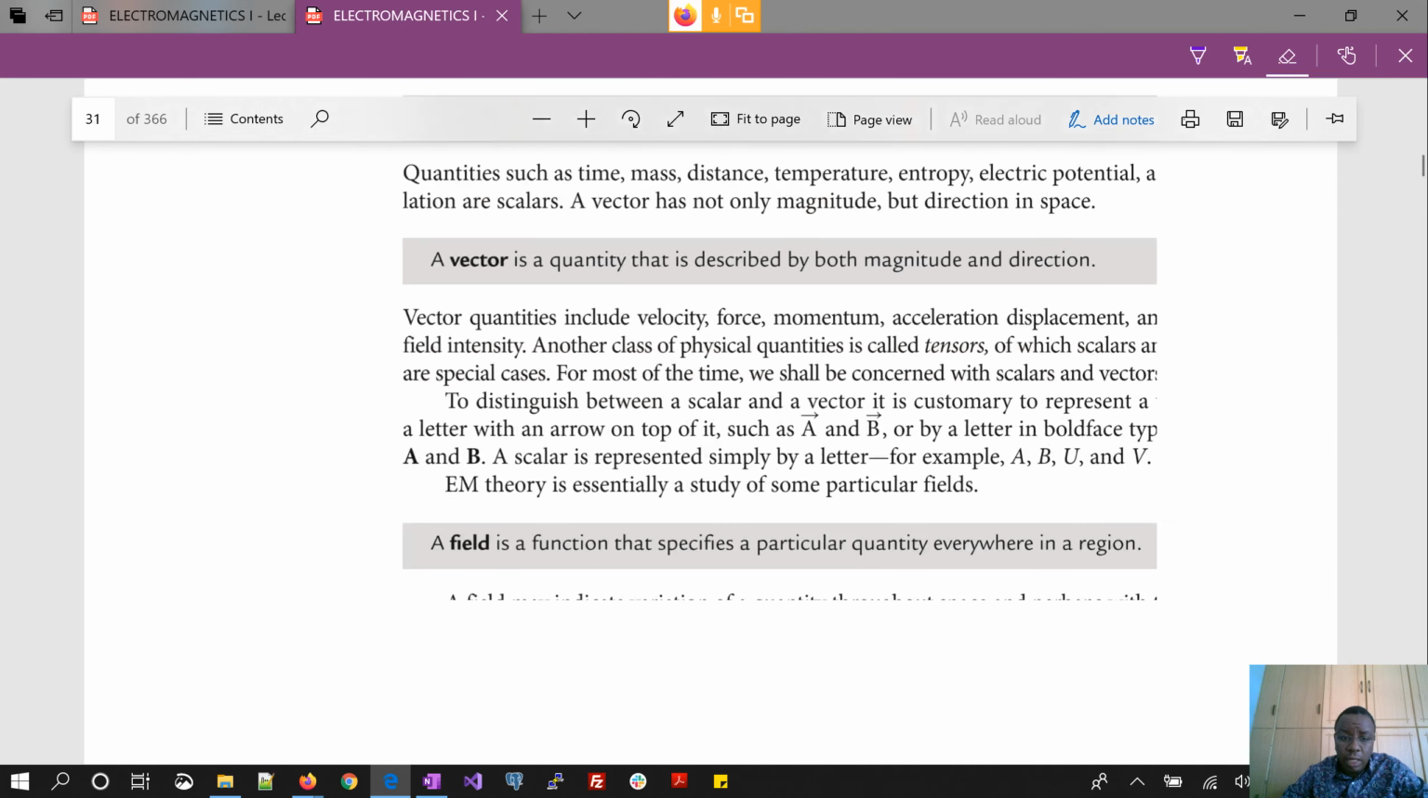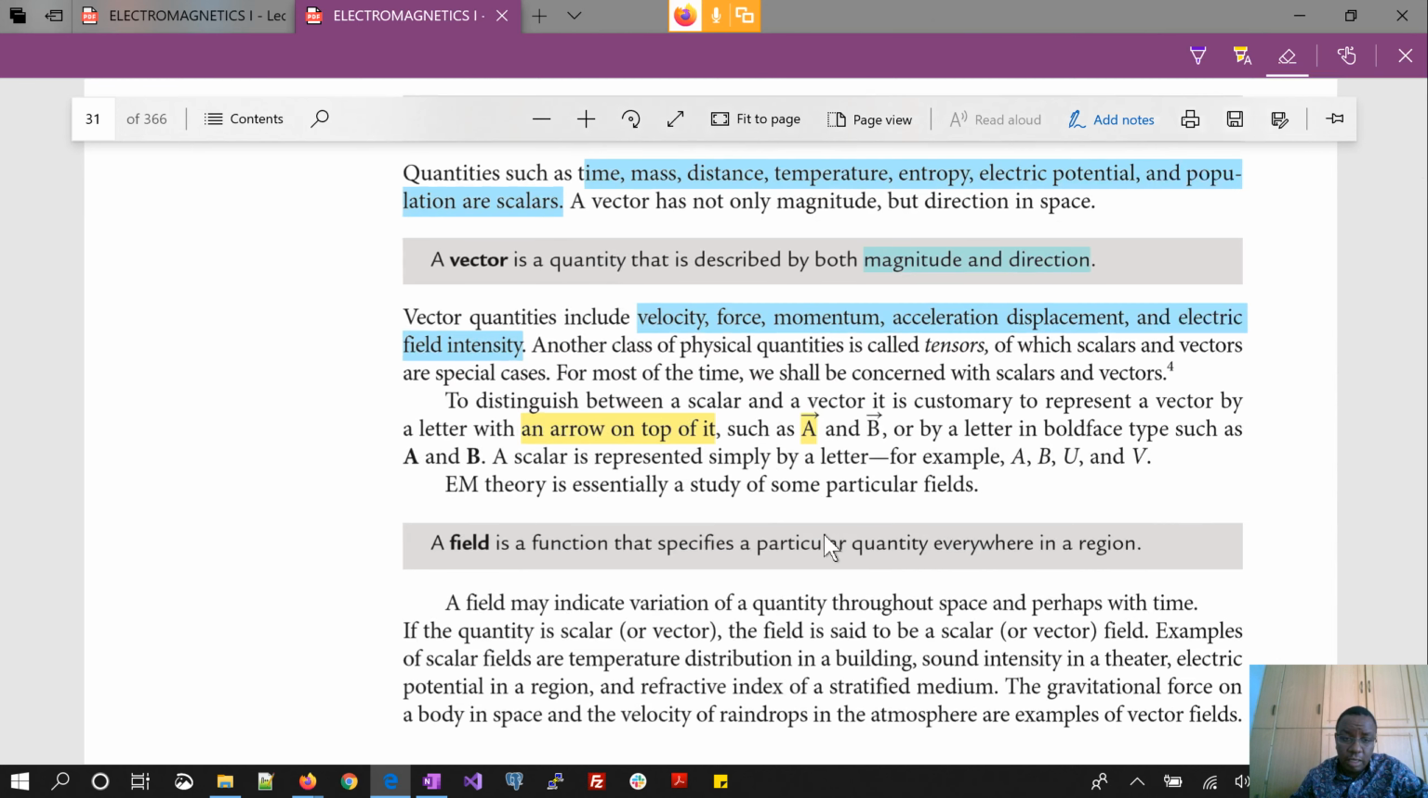Okay, so this is where we were. I was mentioning that last time we were able to see the concept of